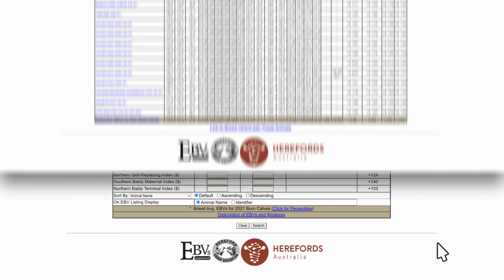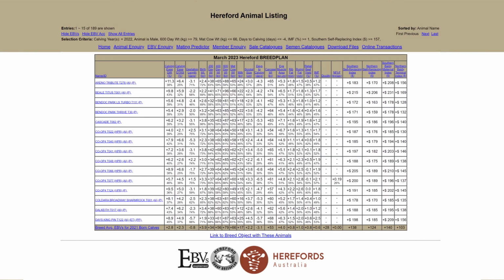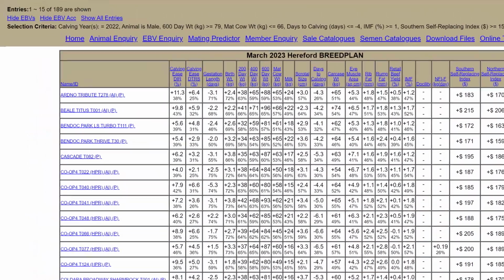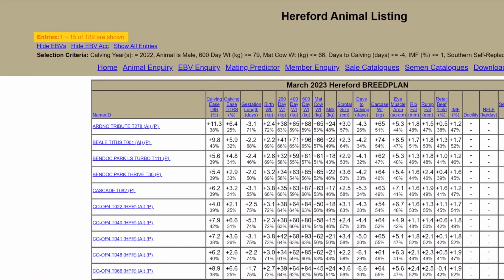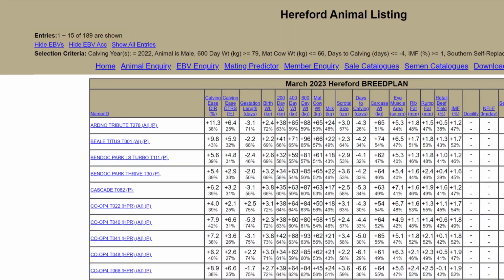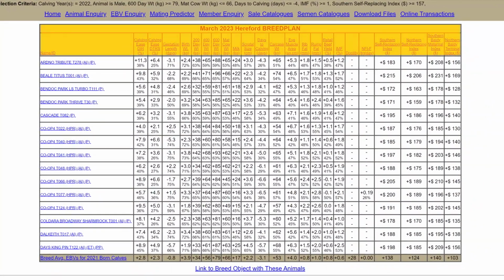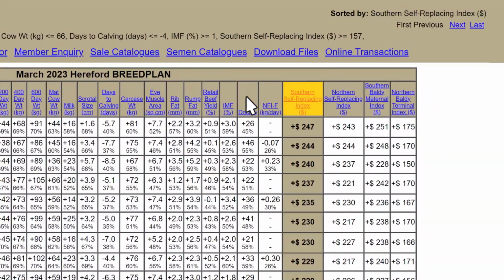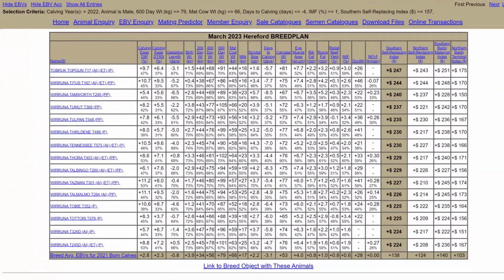Click Search. And now you have a short list of bulls in alphabetical order that meet your breeding objectives. On the top left of screen, you can see how many bulls this short list contains, compared to the total number of 2022 males across the Hereford database. The top row gives you links to resort the list from highest to lowest for individual EBV traits or by index. Let's rank these animals by the Southern Self-Replacing Index, and then have a closer look at the third ranking